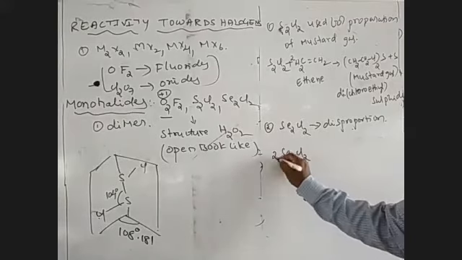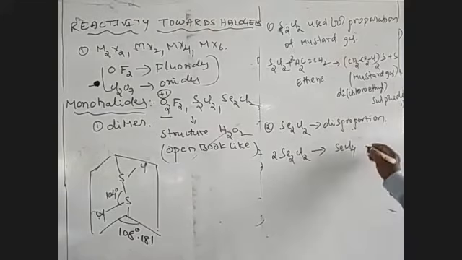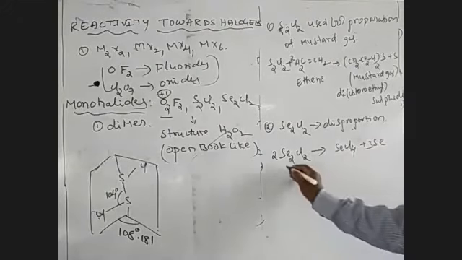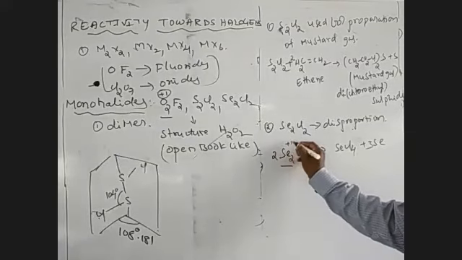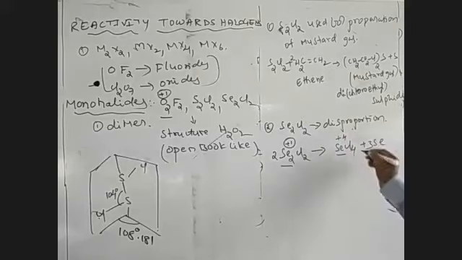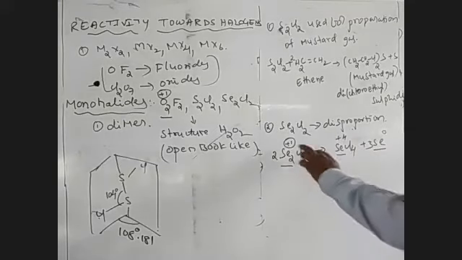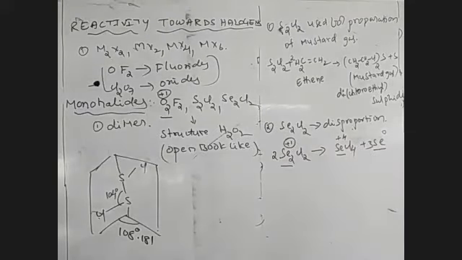Se2Cl2 disproportionates into SeCl4 plus selenium. In Se2Cl2, selenium has a +1 oxidation state. In SeCl4, the oxidation state of selenium is +4. Se is 0. So from +1 to +4 the oxidation state increases, that is called oxidation. From +1 to 0 the oxidation state decreases, that is called reduction. So Se2Cl2 participates in a disproportionation reaction.